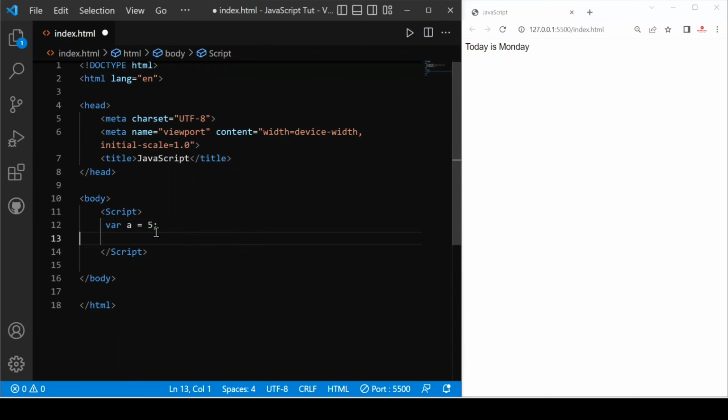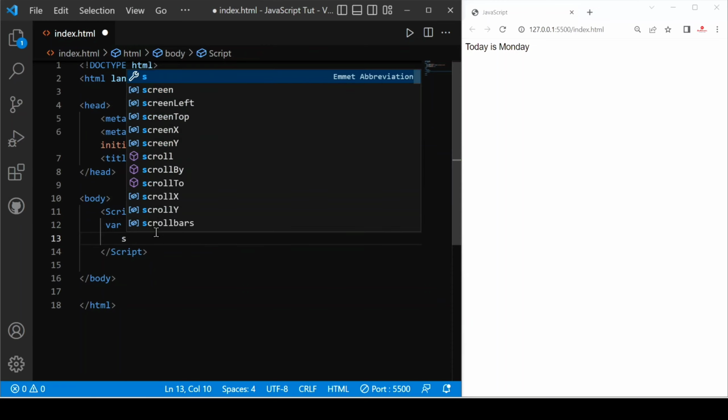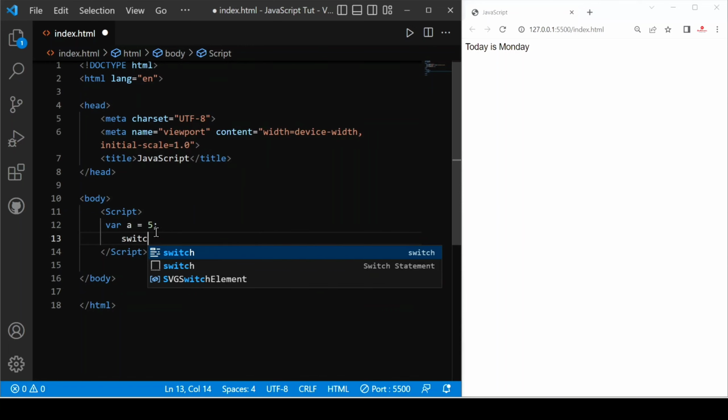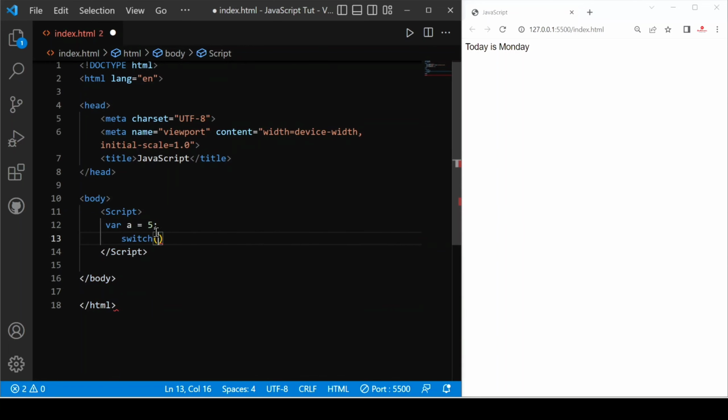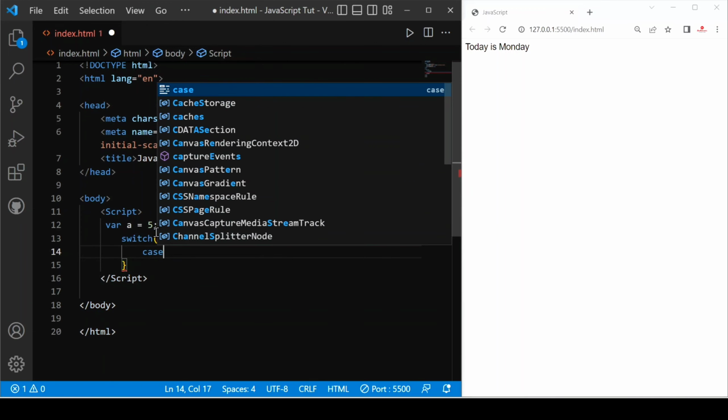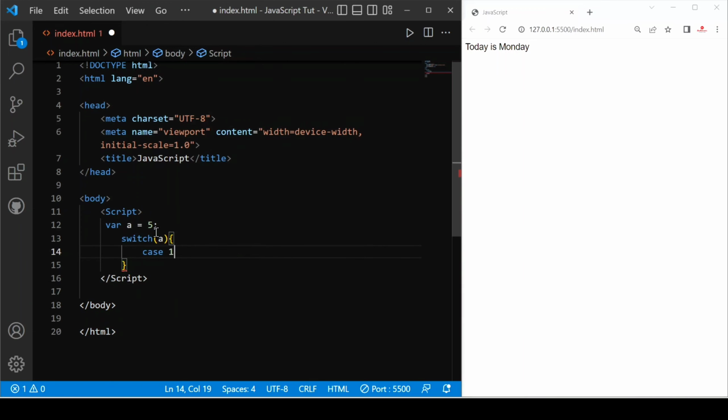Now we provide switch a, case 1. If the value of a is 1,